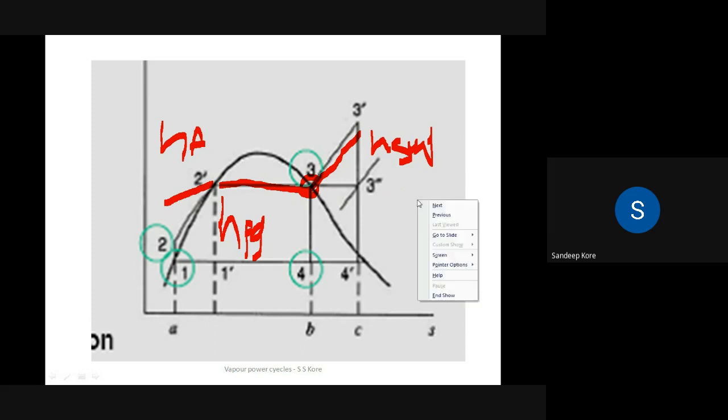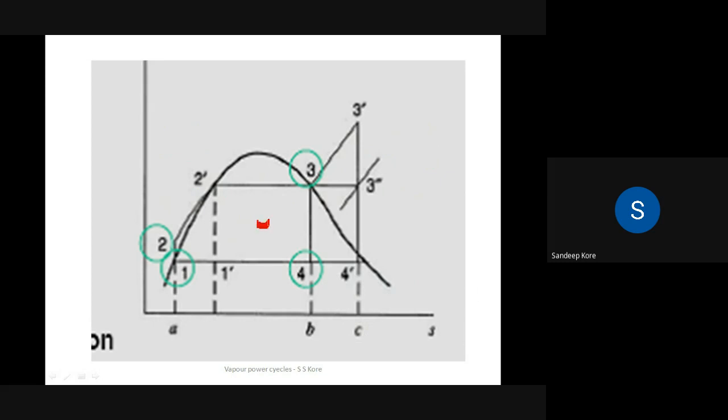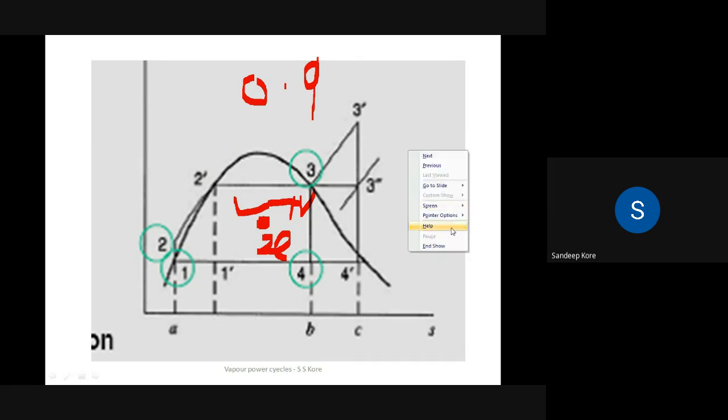So after this we have seen the dryness fraction. Suppose the point is lying below this dome, so it is having some dryness fraction, meaning under the dome there is a mixture of liquid plus vapor. So what does this dryness fraction indicate? The amount of dry steam in a mixture of wet steam is indicated by the dryness fraction. अगर dryness fraction 0.9 है तो उसका मतलब क्या है, 90% वेपर है और 10% वाटर है. Okay, so if the steam is wet, we need to find out the dryness fraction.